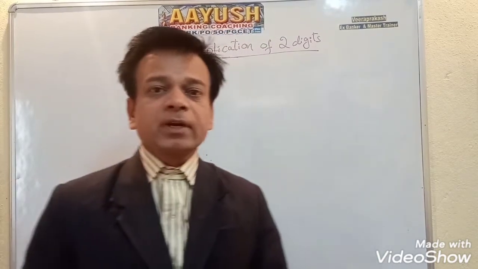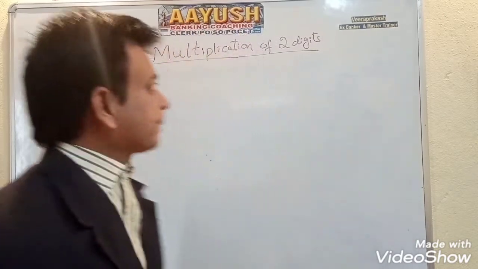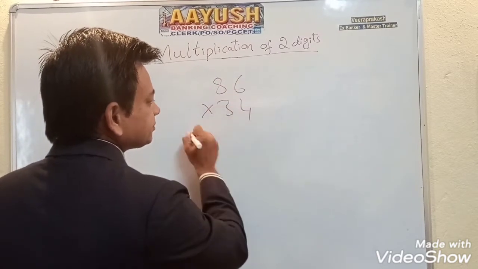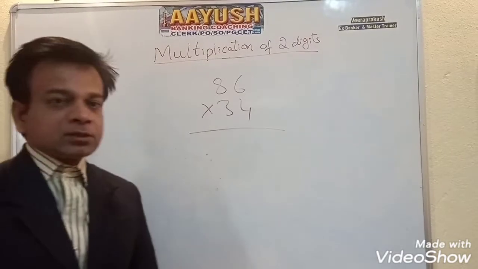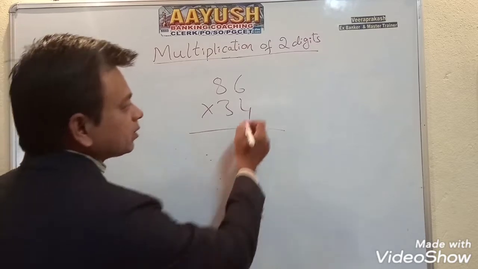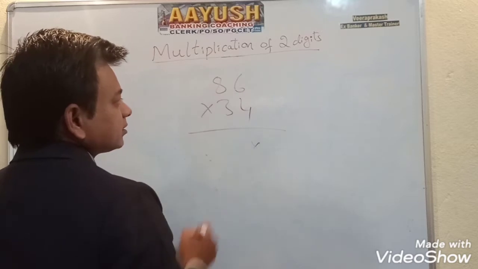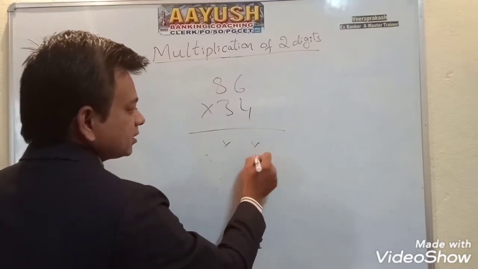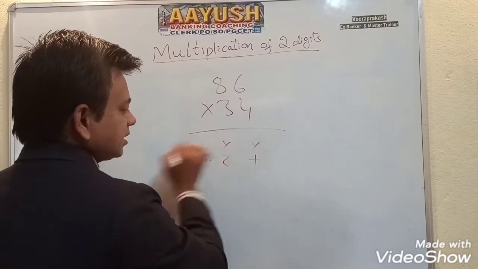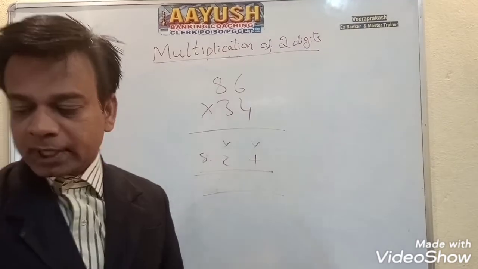Today in this session we are going to start multiplication of two digits, any two digits. Usually, say for example, 86 into 34. How are we going to multiply this? As per our conventional or school method, first you calculate 4 into 6, something comes. Then 4 8s, something comes, then we put the addition mark, then 3 6s, something comes, and 3 8s, something comes. Finally you add it. This much is the process to get the final answer.